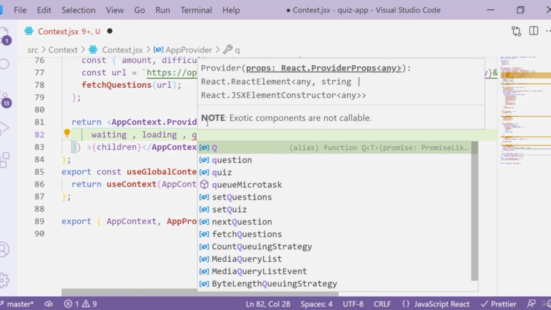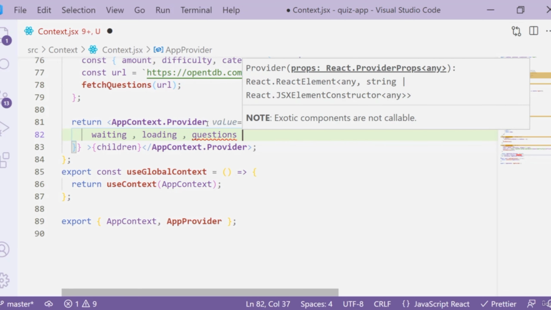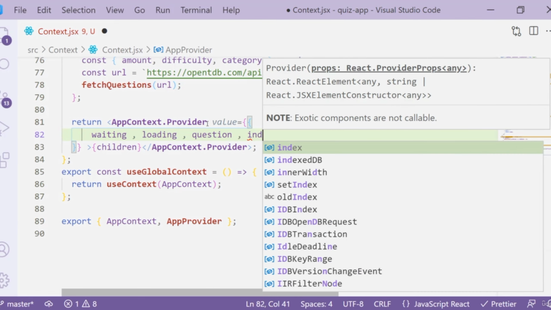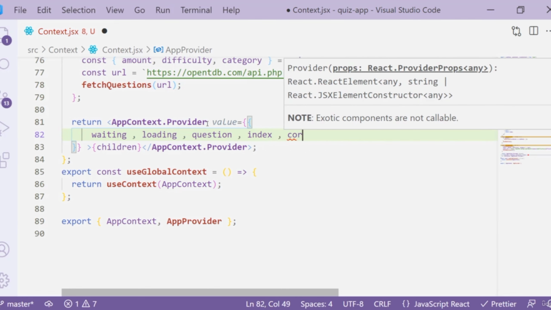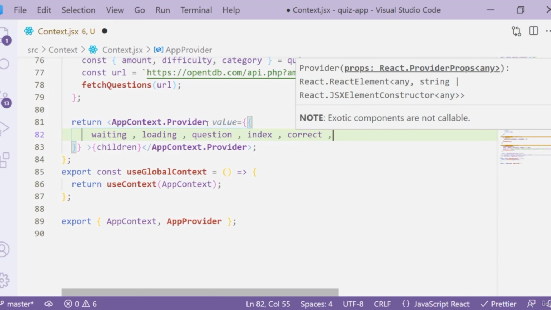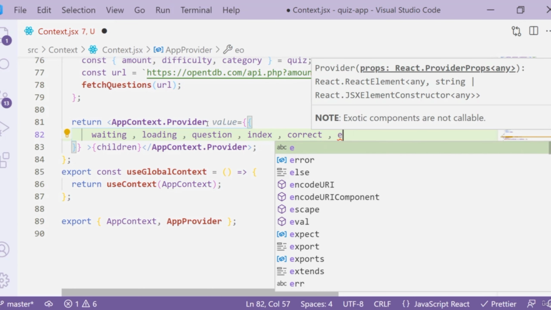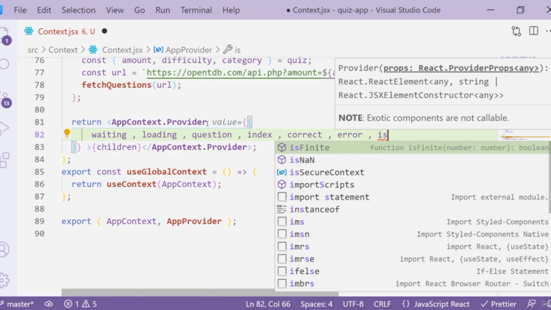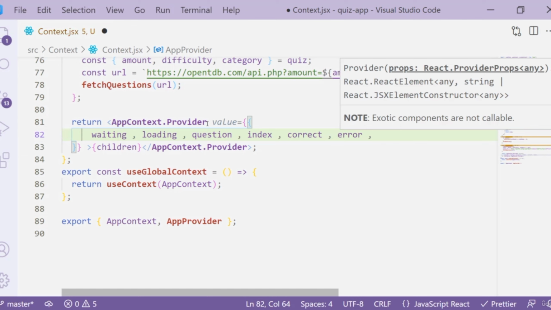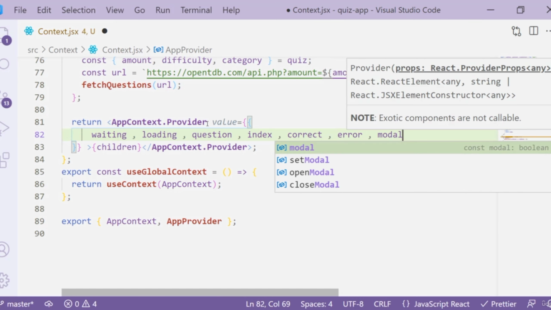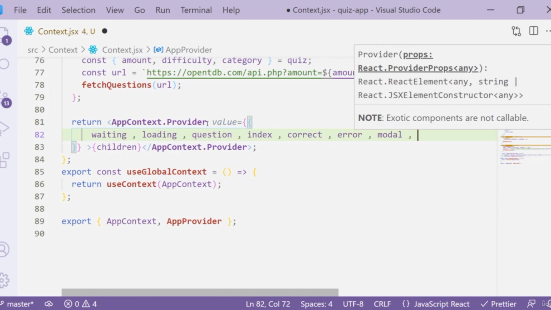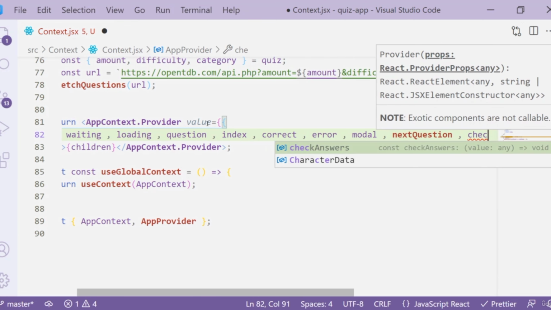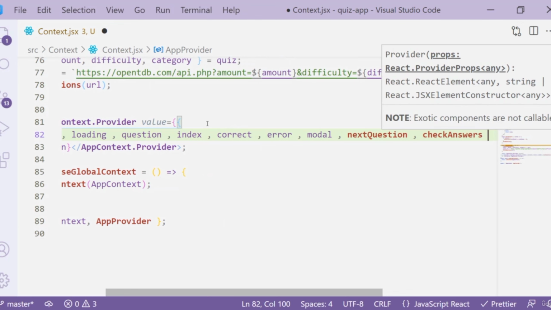Apart from questions, we'll pass our index, then our correct, how many questions are correct, and our error if there are any while loading our data, and isModalOpen, that means if our modal is open, and our nextQuestion,